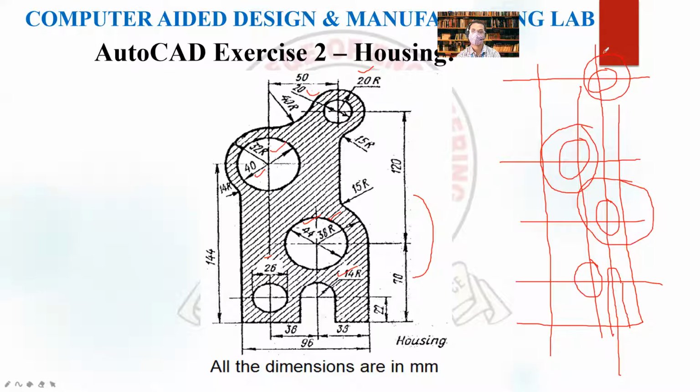I need to use a fillet command for generating this. Radius 40, I'll be using the fillet command so that this fillet is generated, and here one more fillet of 15. For this line and this outer surface again I'm making a 15 here. And again radius 14: with respect to this one and this one I'll be making a fillet of radius 14.